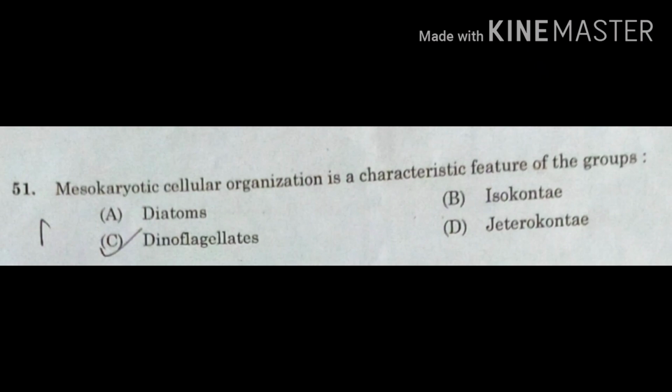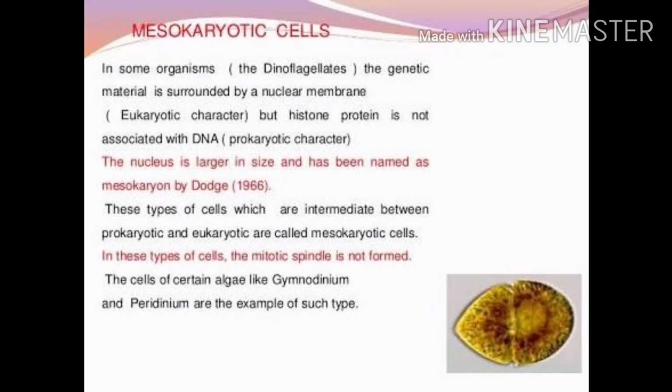Okay, let us look at question number 51. The question is, mesokaryotic cellular organization is a characteristic feature of the group. Option A, diatoms. Option B, isochondri. Option C, dinoflagellates. And the last option, heterochondri. Based on the cellular organization, organisms can be classified into 3 main types, and they are prokaryotes, mesokaryotes,